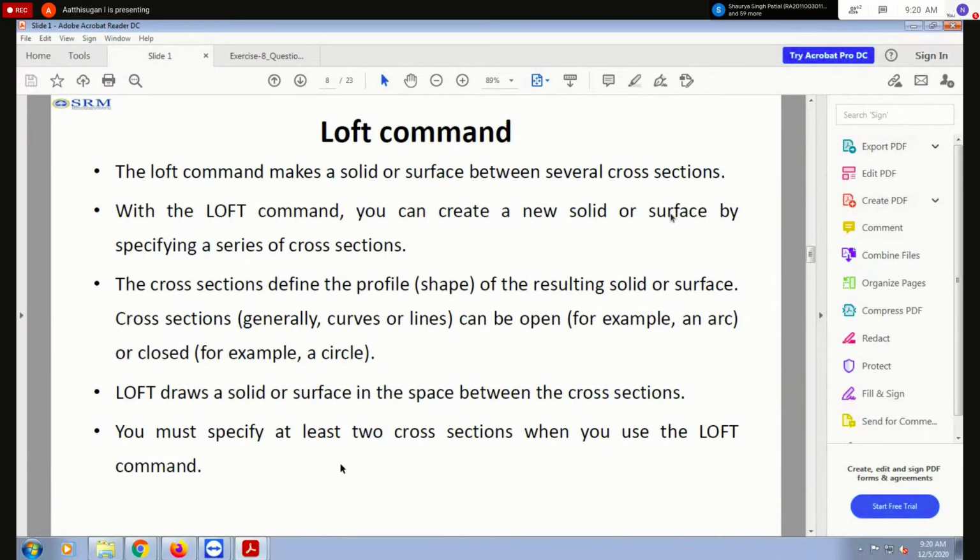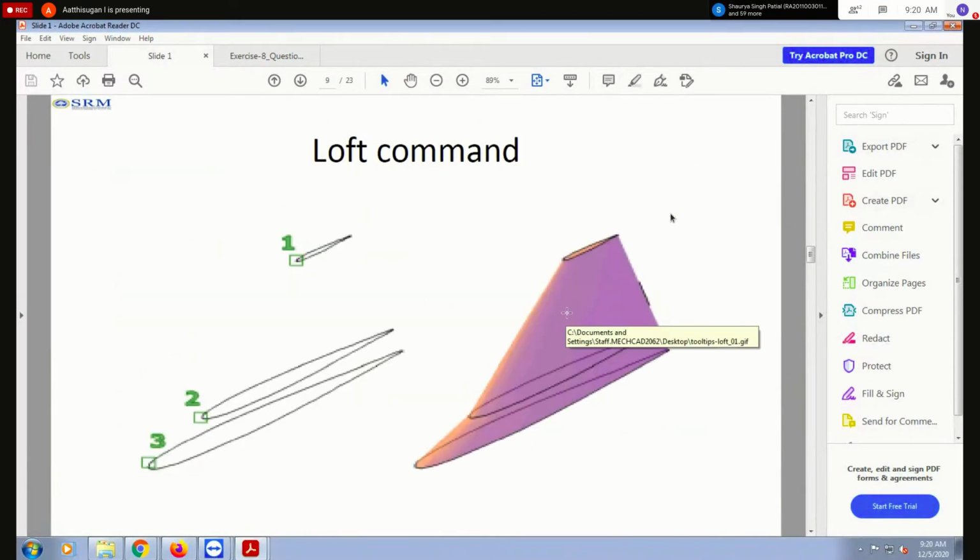I'll show the diagram like this. Say I take a shoe: first you draw one profile up to here, then the thickness will go along with the slant, the taper. If the profile stays the same, the shape stays the same, but if the position changes, the taper will be formed accordingly. That is the purpose of loft.